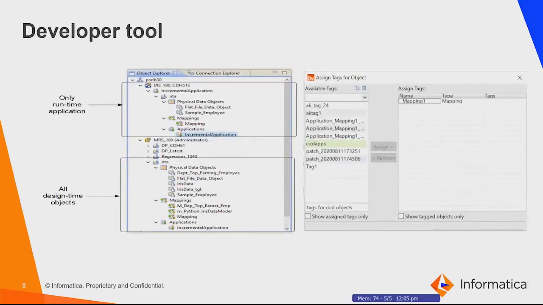So this is a view from the developer client tool to understand what exactly these design time and runtime objects are. At the bottom, we can see we are connected to an MRS and we have a project named Arita, and there are certain physical data objects, certain mappings, and certain applications. These are all design time objects. However,